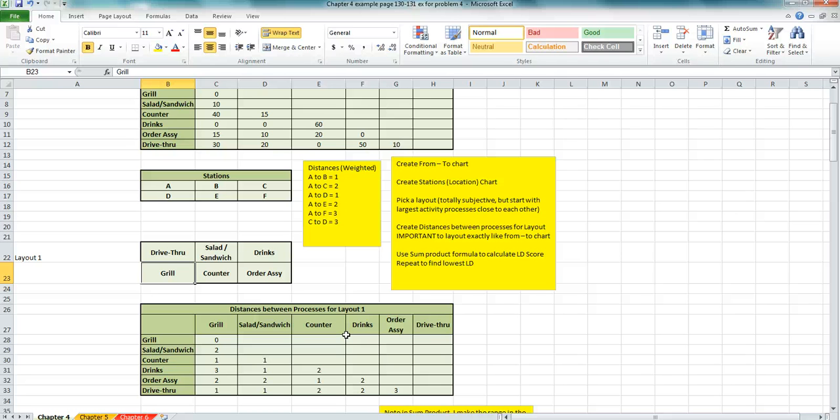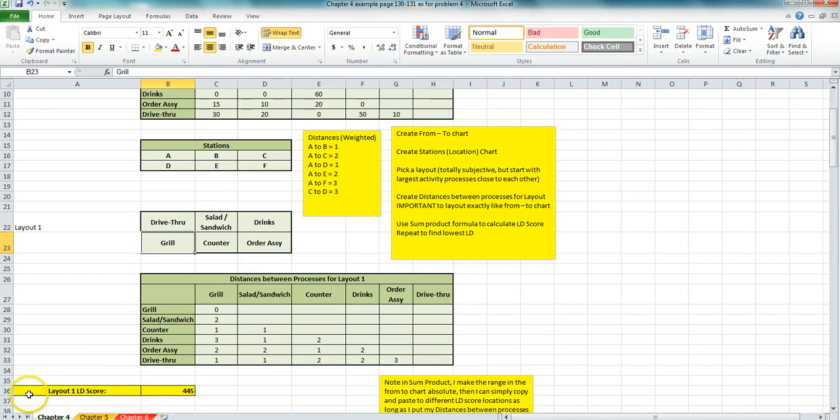So in other words, I would come in here and I go, my grill to grill is 0 to 0. I'm going to add to that my salad sandwich, so I'd have 0, and I would take 10, because I have 10 different times I have to do this from my salad sandwich to my grill, and it's 2 steps. So I'd have 0 plus 2 times 10 is 20. Then I would go plus 40 times 1 plus 15 times 1 plus 3 times 0, and so forth and so on across. It's very complex. You can look at that formula on there, and it steps you all out through it step by step. Here's a really simple way to do this, folks,